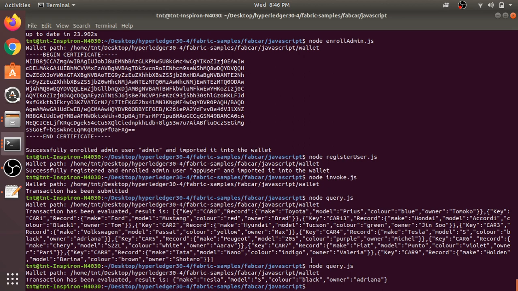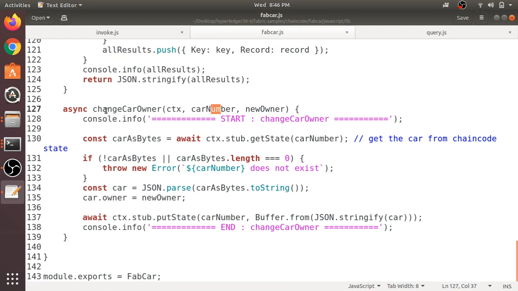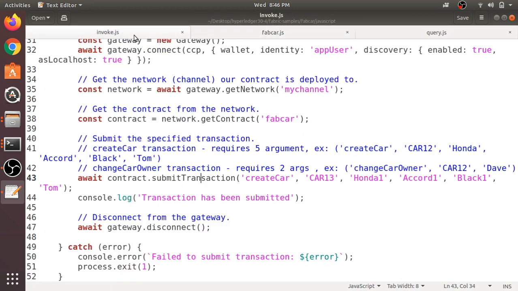We can change it by invoking the function changeCarOwner from invoke.js. Since it is an update function, you have to use submitTransaction, and it is given how you have to provide the details. We can just copy that into this function changeCarOwner.